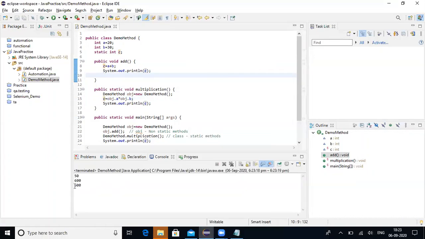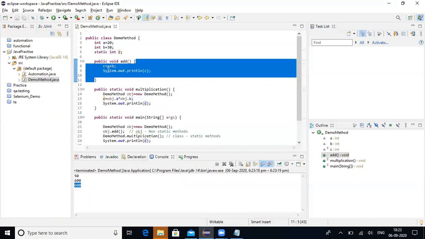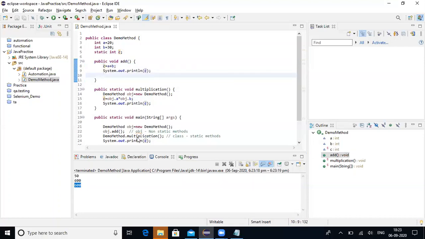So now I am getting 600. Why? Because now it has been changed to static. In the first method, it is getting added and, since it is static, keeping the value for C as 50. Again, I am calling another static method. It is multiplying the values. Now it is storing the value as 600. Since I have declared this variable as static, the value of 600 will not change. So the last updated value will be printed if the variable is declared as static. The value will not be changed unless or until you change it. Okay. Any doubts?